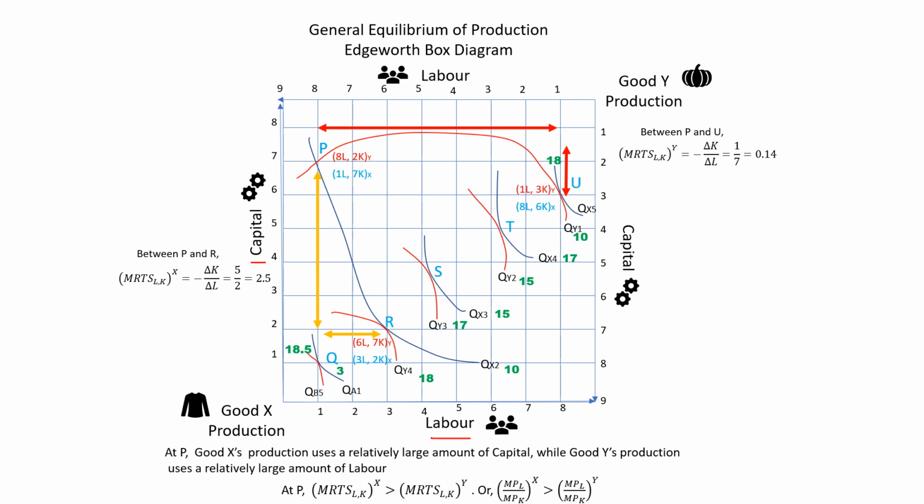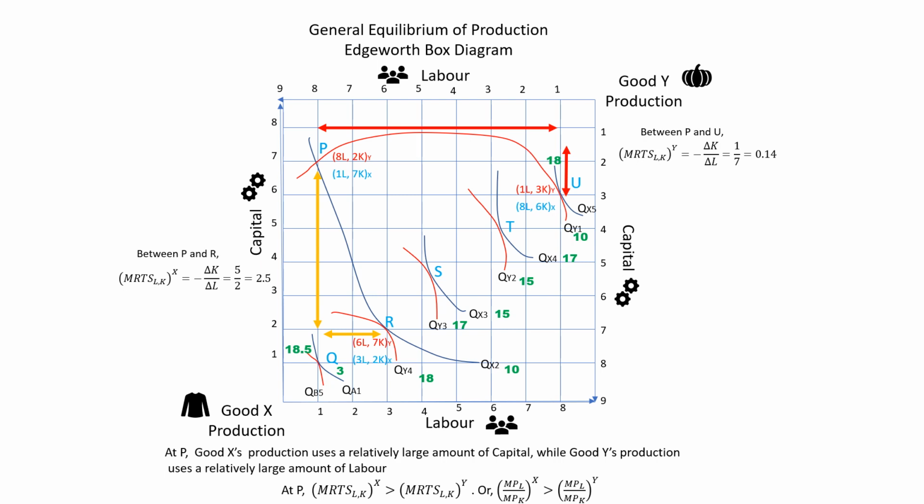production of food. And there is going to be a certain total amount of labor and a total amount of capital that is going to be available for allocation or distribution among the production of these two goods. So the question that we seek to answer is, in what way will we be able to allocate capital and labor out of the total amount available among the production of good X and good Y in the most efficient manner possible. That is the question that we seek to answer as part of the general equilibrium of production.